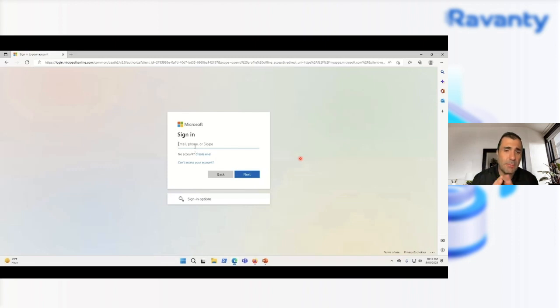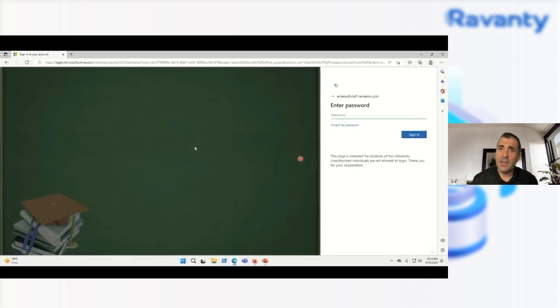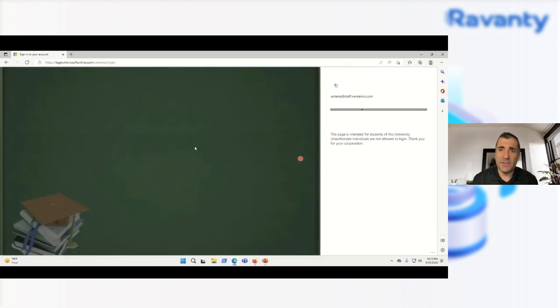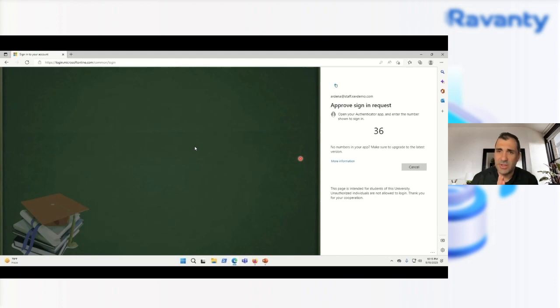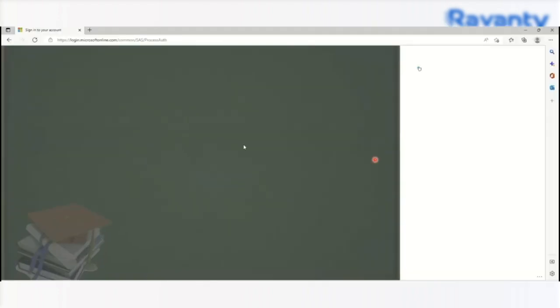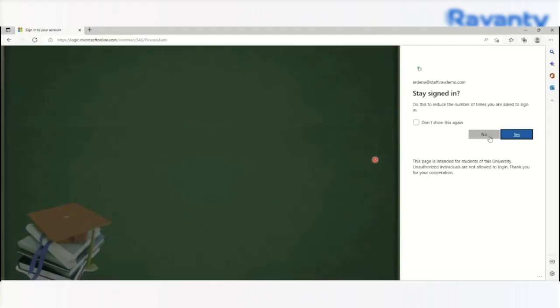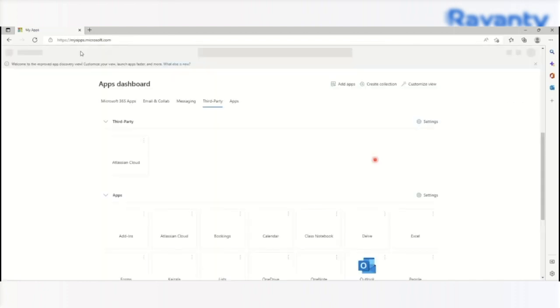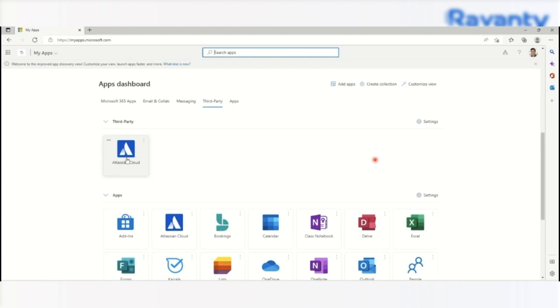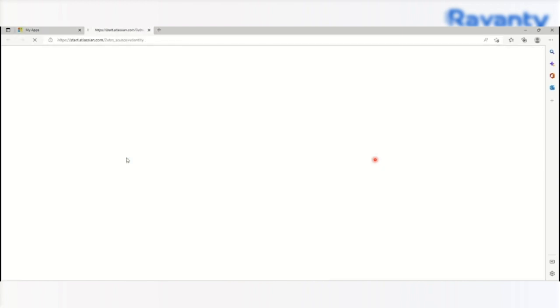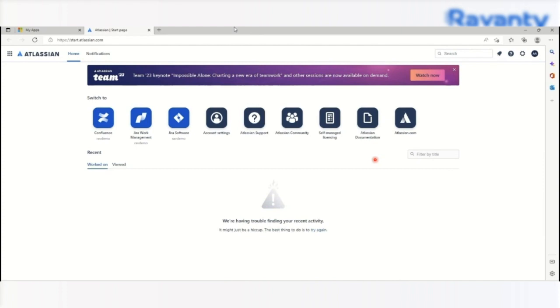So here we'll show you a demo of what conditional access looks like. Essentially here we have a user who's logging in normally to their environment. They enter their credentials, as you can see, and they enter their password. Once they do, they get enforced MFA, so we have a conditional access policy, as you can see here, that enforced MFA on this user. The user got a prompt, and they have the Authenticator app. They accept it on their phone, and they went ahead and logged in directly. And after they're logged in, they access the Atlassian Cloud app. That's an app that we integrated, a third-party app. And as you can see, they're able to log in without a problem.